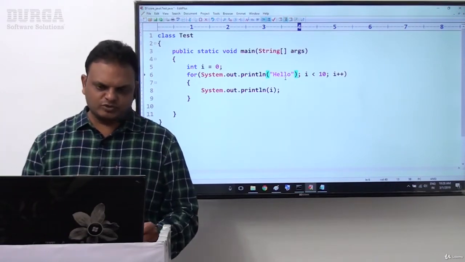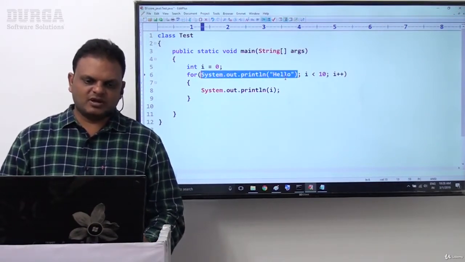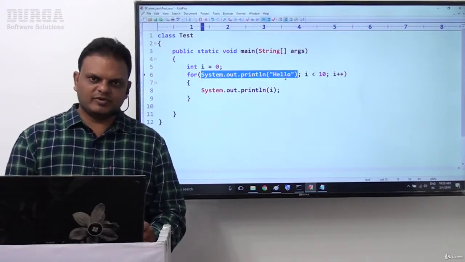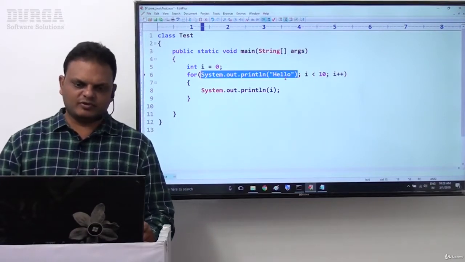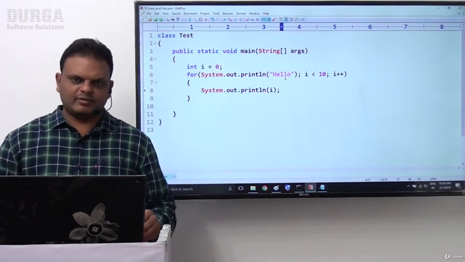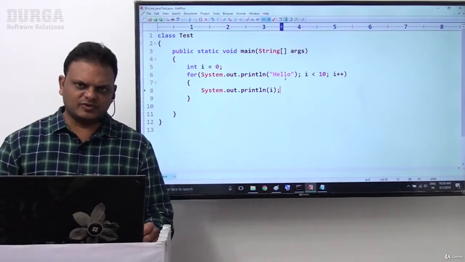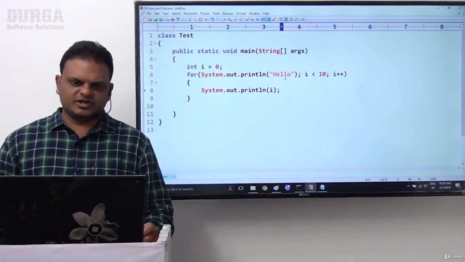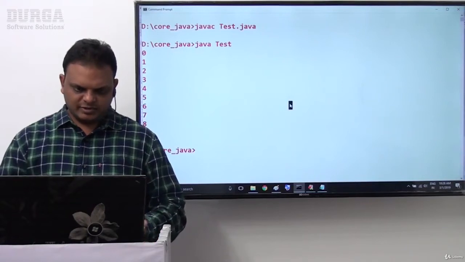Now my next point: is it possible to write any statement as expression 1, or do we have to provide only the loop variable declaration and initialization? Which one are we able to provide? Now let me compile this program. Same rule: if we get a compilation error, then a statement like this println is not allowed as expression 1. If we do not get a compilation error, then it is definitely allowed here. Let us check this clearly. Now let me compile this.